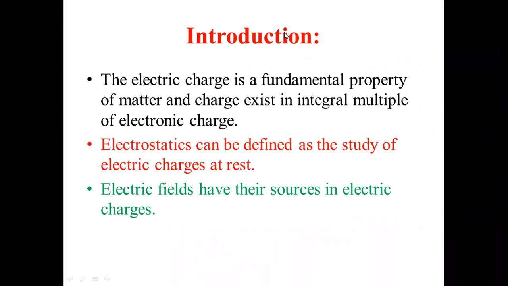Now just tell me, what is the direction of the unit vector in the cross product? It should be in the direction perpendicular to both of the vectors, isn't it? So if one vector is in the x direction and another is in the y direction, then your unit vector should be in the z direction. We have already seen it. If you move in an anti-clockwise direction, the unit vector is in the positive direction, and if you move in a clockwise direction, the unit vector is in the negative direction.